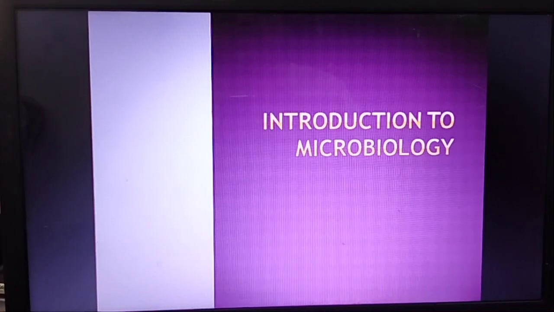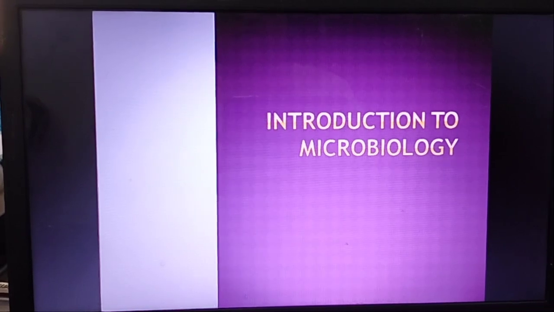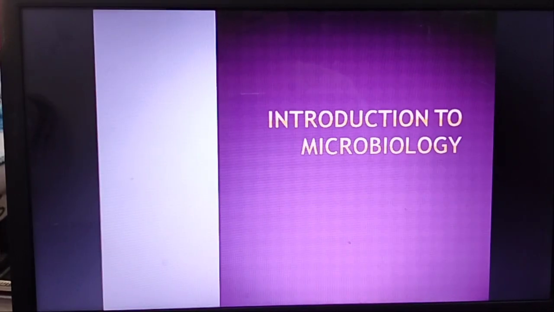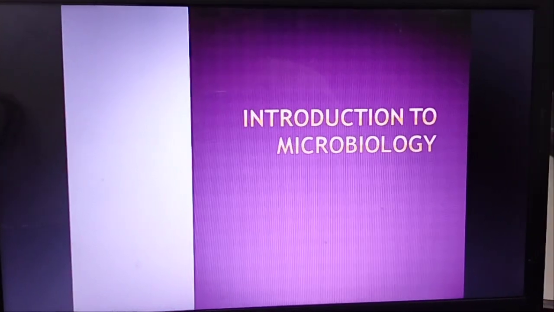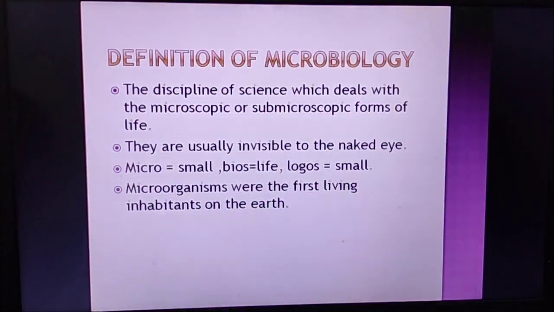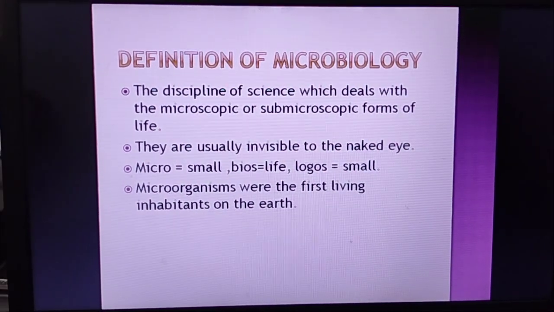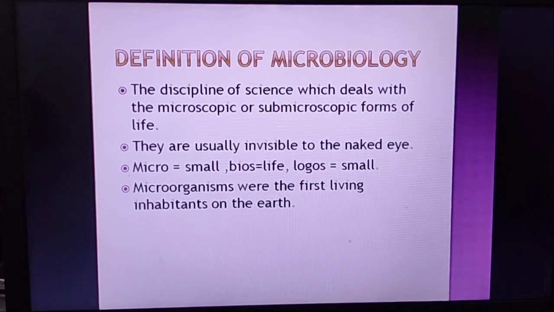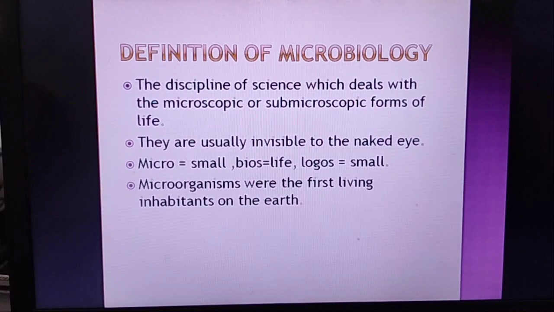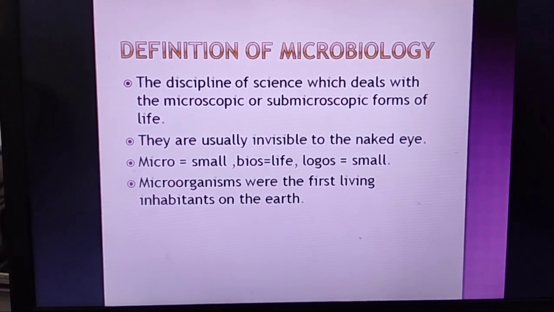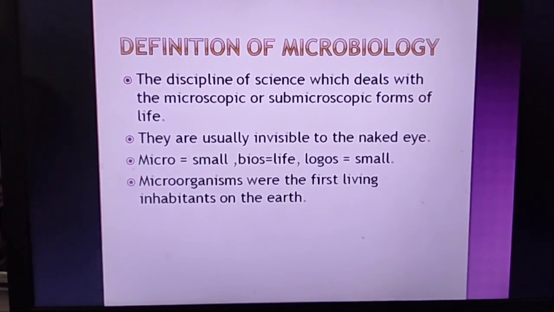Today I am going to teach the topic of Introduction to Microbiology. So, let us first start with the topic of microbiology. Let us first know the definition of microbiology. Microbiology is a discipline of science which deals with the microscopic or submicroscopic forms of life. They are usually invisible to the naked eye, and